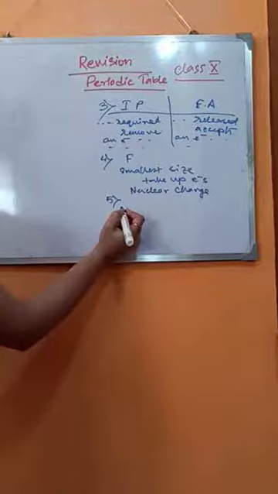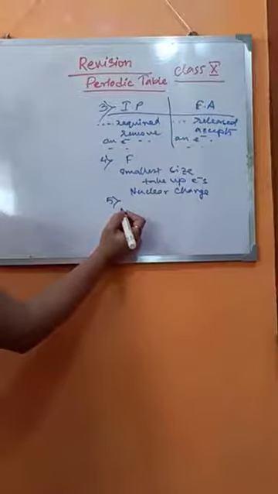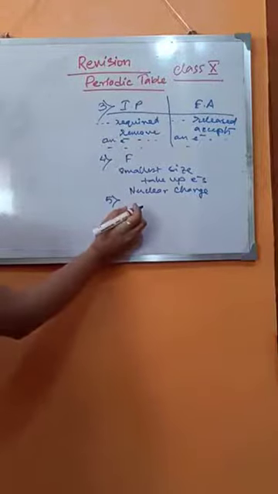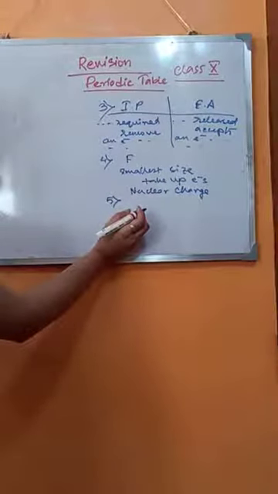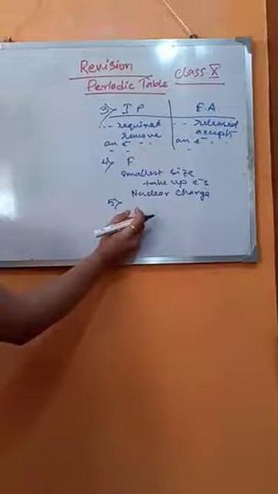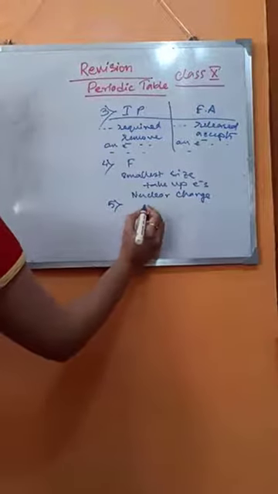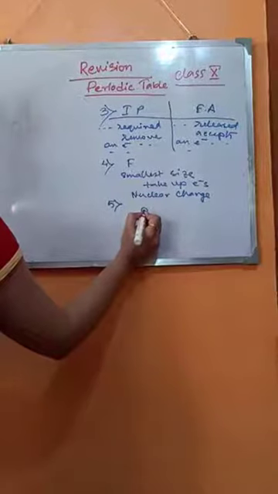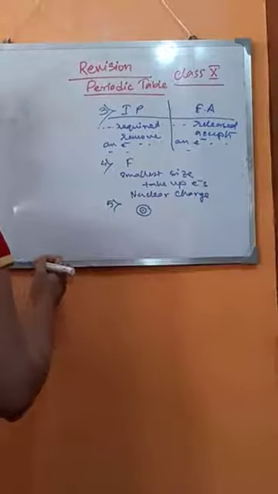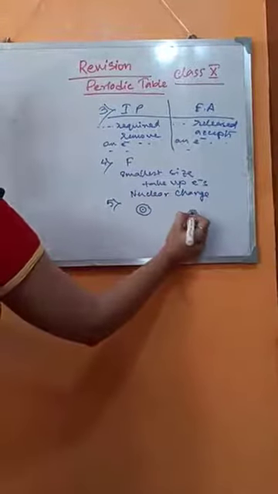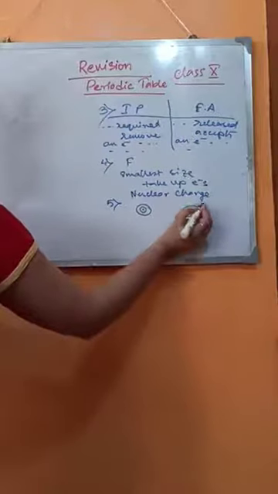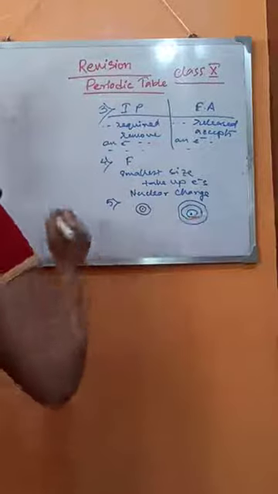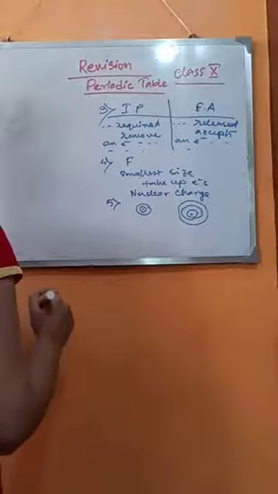Your next question is, why is the electron affinity of chlorine greater than that of fluorine? This I have explained to you in the previous online Google Meet class also, that fluorine has a smaller size with 2 shells, whereas chlorine has 3 shells.